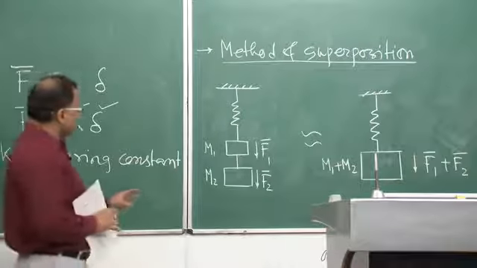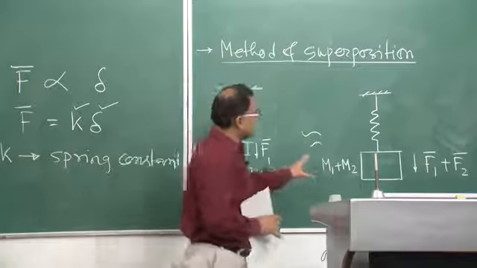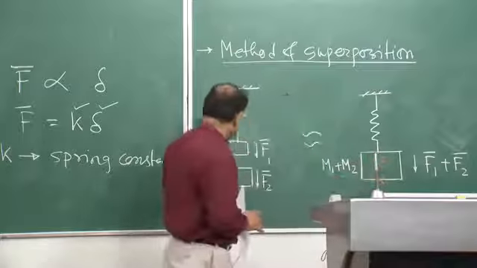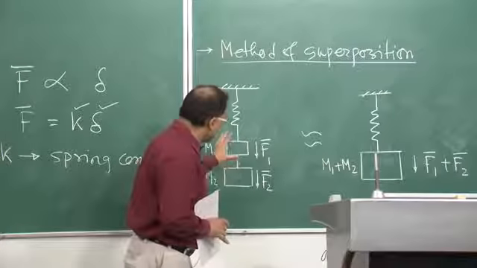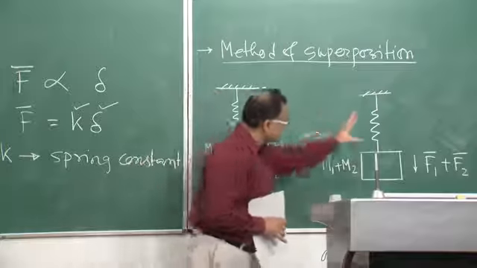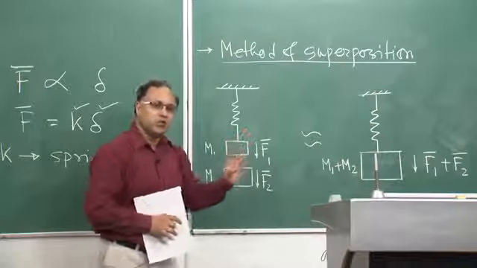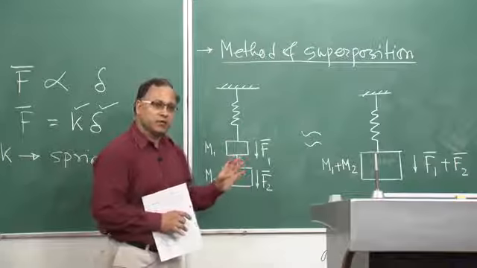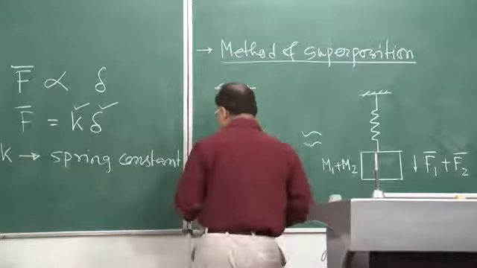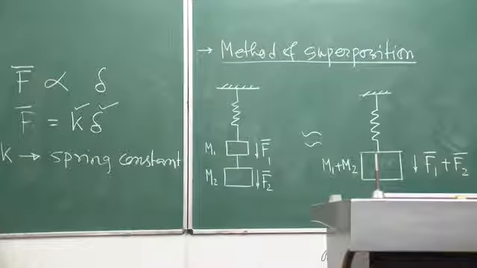That means, instead of having a single force or an individual force, you can switch over from this system to this system, or from this system to this system. So there is no problem at all. Okay. So, if we try to write it down in a sentence, what is the method of superposition? We can write it down like this: